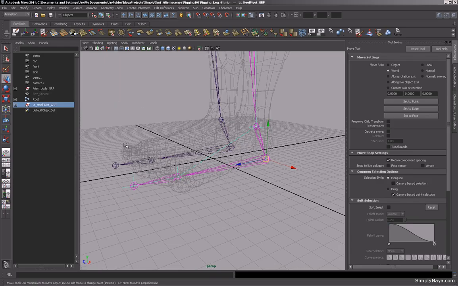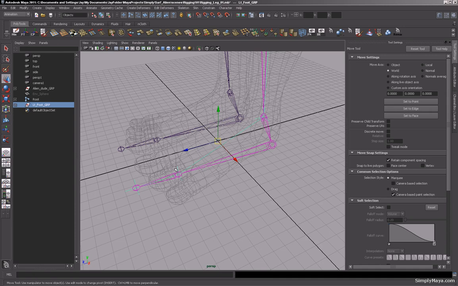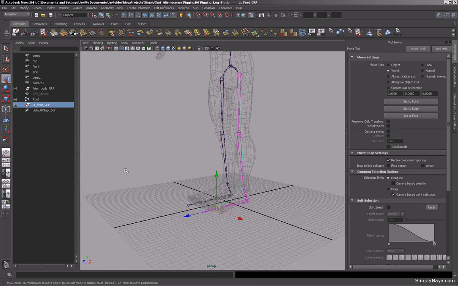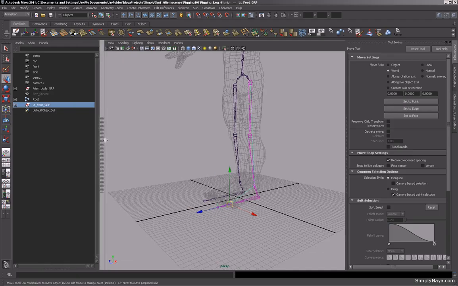So now, with that all selected, we need to group it again, and we're going to call this left foot underscore group. Done. And with this, for the last time, Insert, V key, snap that to the ball joint, hit Insert, and that's the setup for that whole leg all done. So let's open it out,